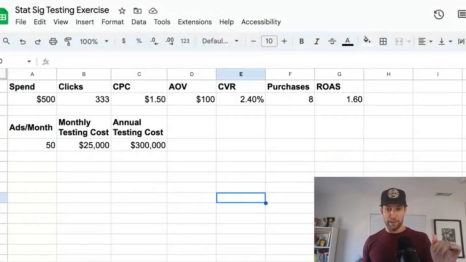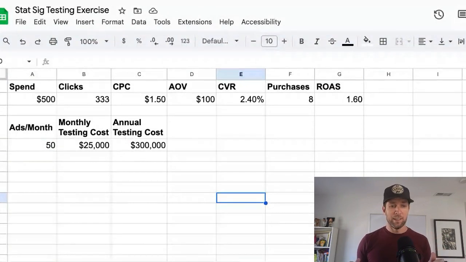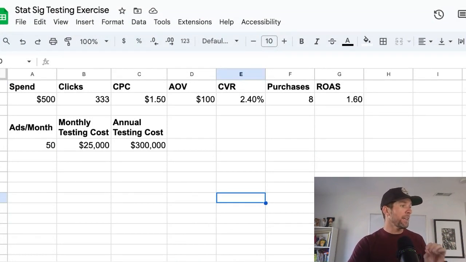If you are launching a new creative and you want to test it relative to statistical significance, if that's the standard you're going to hold it to, then that means you need 95% certainty that ad A is going to beat ad B, that ad A is actually that much better than ad B, okay? And so I began to think about what the math would have to be to make this work.